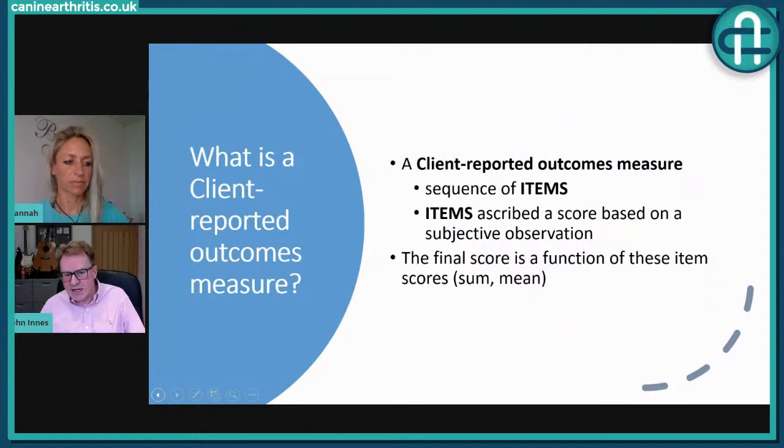So these are questionnaires in their simplest term, but they're not just questionnaires that someone's just dreamt up and used. They've been through a validation process, and some people listening may have completed these sorts of things for their own health, or seen them in GP surgeries, etc. And the questionnaire then produces a score, and it's that score that allows us to stage the problem.